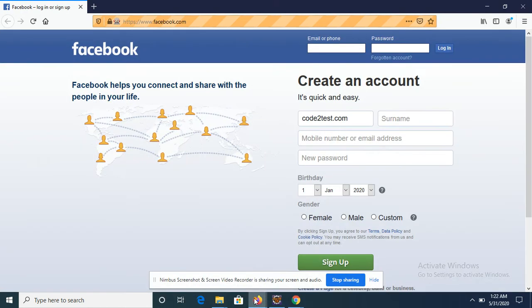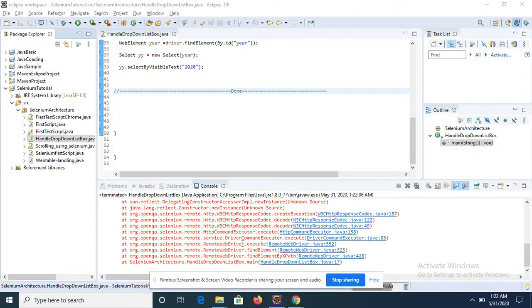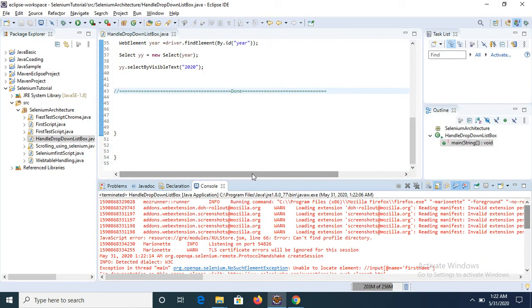It's still in process. It's a bit time taking. Let's give some time. Oh, sorry, it got run somewhere else. Just run it again. Close all the browsers. Let's run again.